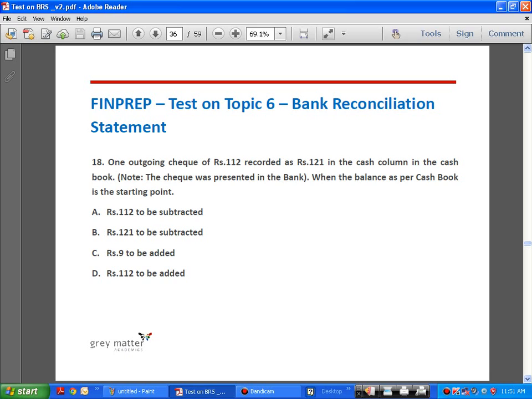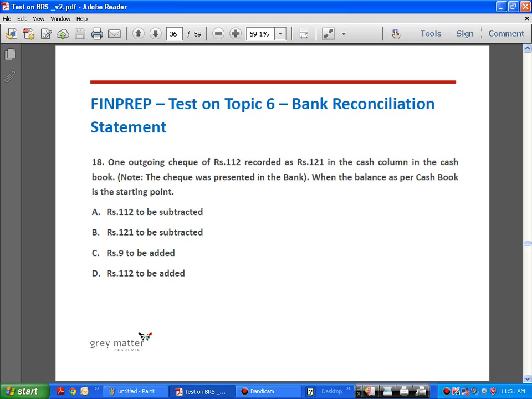Next, one outgoing check of rupees 112 has been recorded as 121 in the cash column in the cash book. Note, the check was presented in the bank when the balance as per cash book is the starting point. It means that instead of showing 112 in the bank column of the cash book on the credit side, it has been shown as 112 in the cash column, which means when we are reconciling, starting with the cash book